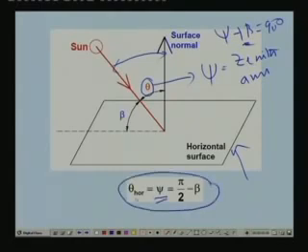So, if the surface is horizontal, then once you know the altitude angle, you can easily find out the angle of incidence. How is this information useful? For example, I want to calculate the radiation incident on a flat roof. A flat roof means it is a horizontal surface. So all that I have to do is, on a particular day at a particular time, because it is a function of the time of the day, location of the surface, and the day of the year, once you know these things,